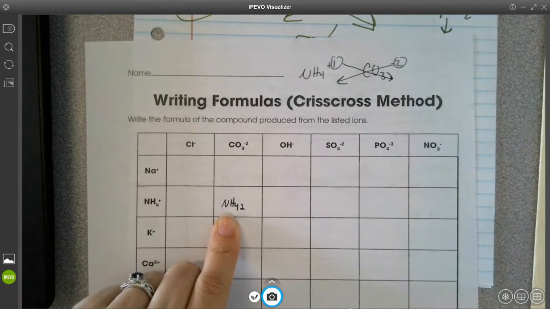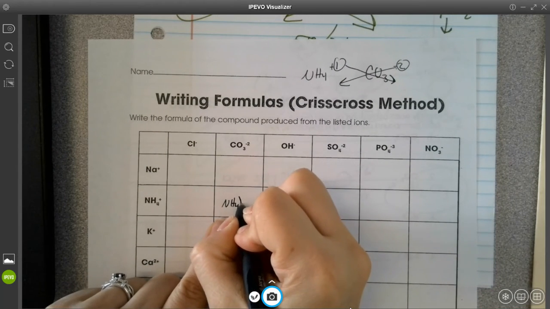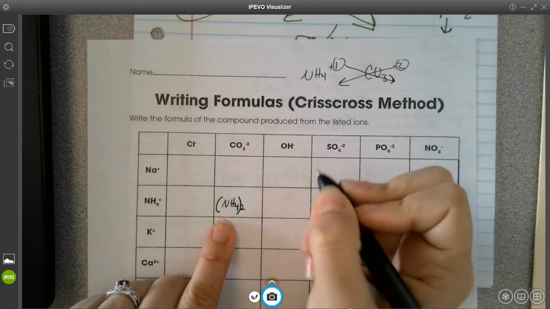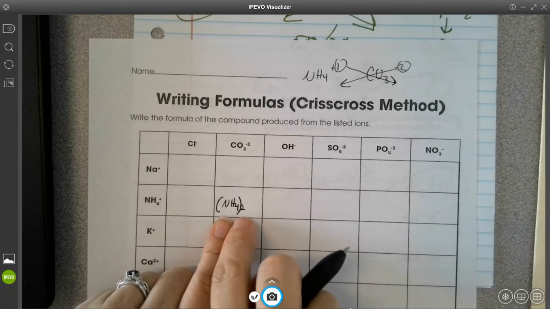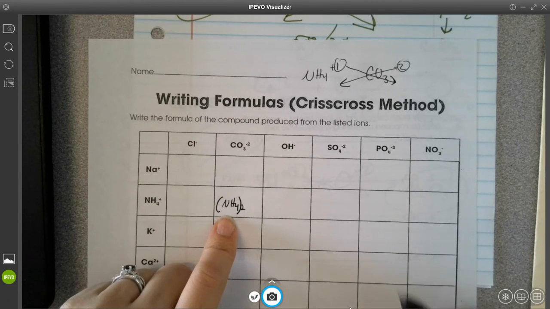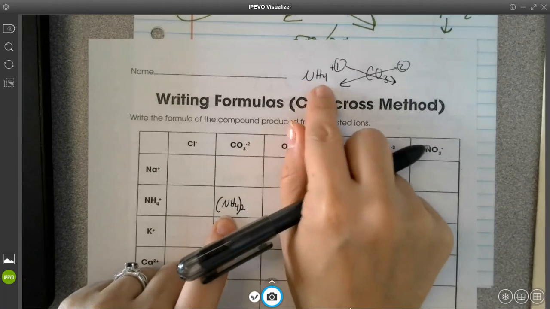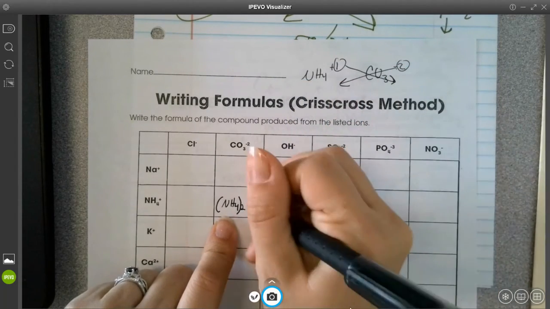Now if I write 2, that kind of looks like the number 42. So I'm going to make sure to add parentheses so I know that I'm needing 2 NH4 and not that I have 42 hydrogens. So NH4, my 2 comes down, CO3,